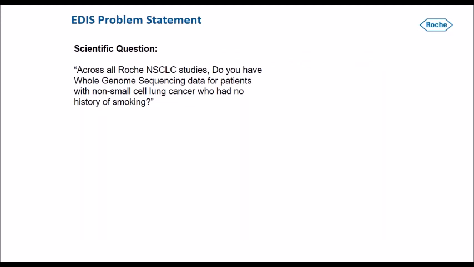So why do we have to do EDIS? What is the problem statement behind that? I have come up with a simple example. A scientist has a question like, do you have whole gene sequencing data for patients with non-small cell lung cancer who had no history of smoking across all studies from Roche and Genentech? In today's world, we may need a month to get back to the scientist with that information, and it is not just one person's effort for a month. We need to put a team together, and they have to find the data, where it is, access the data, and curate the data in a way that it can be analyzed to create insights for further